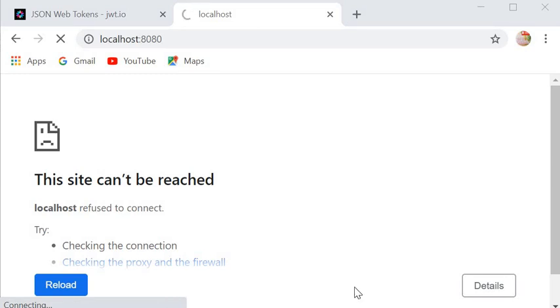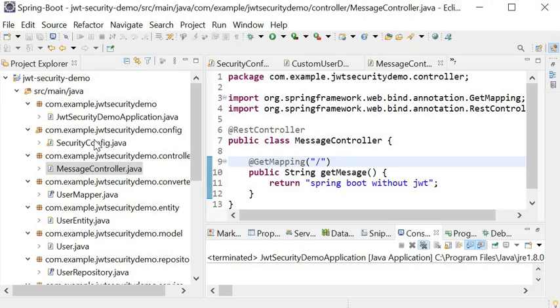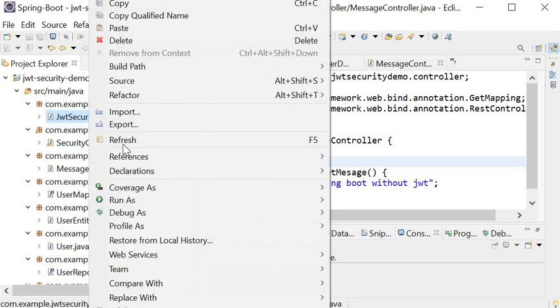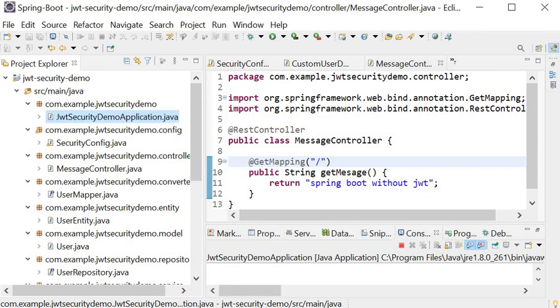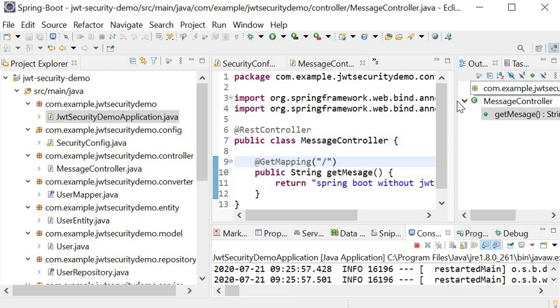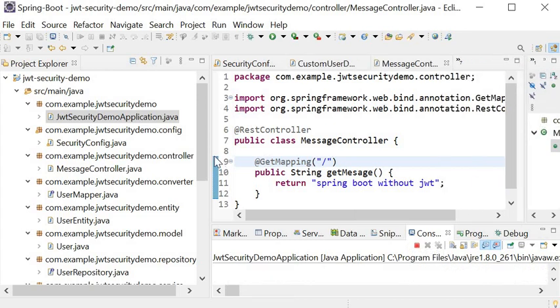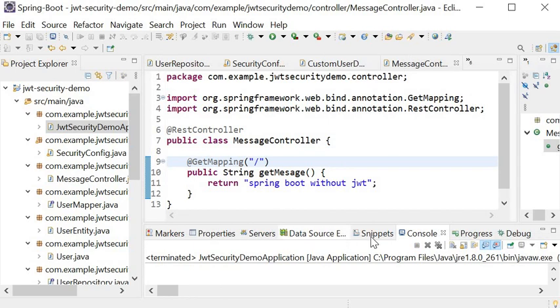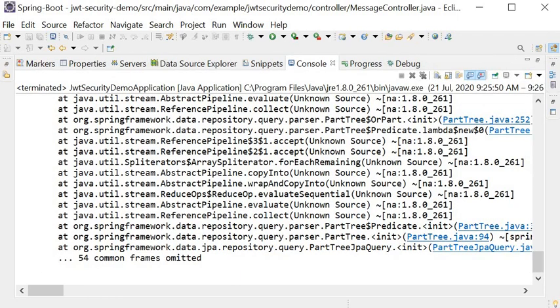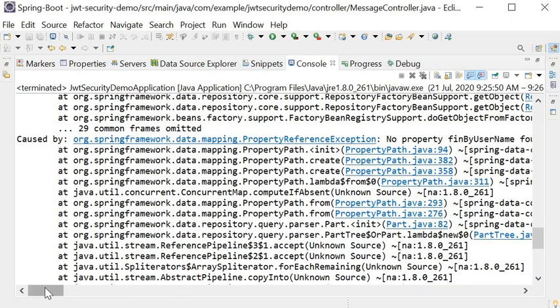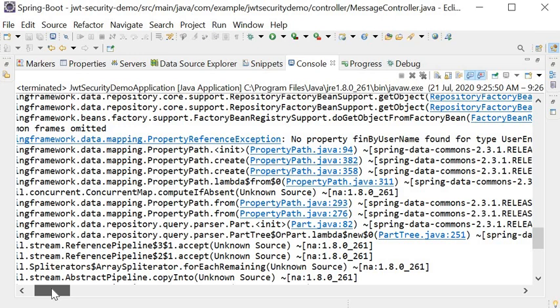So I will restart this application again, run as Java application. It's showing some error: no property findByUsername.